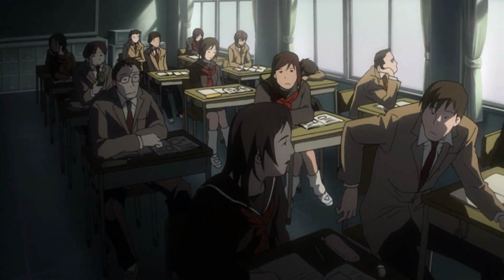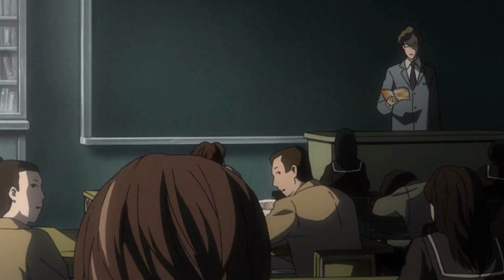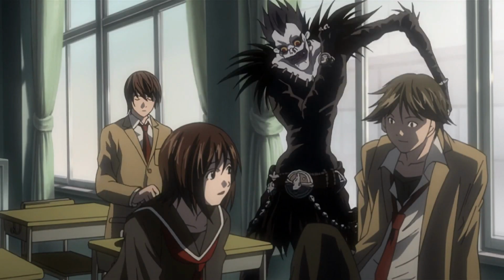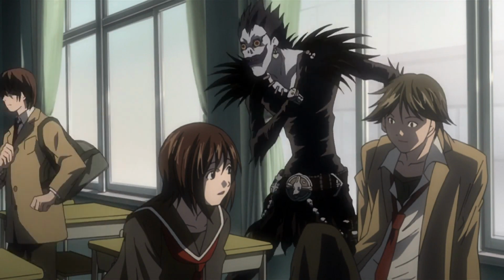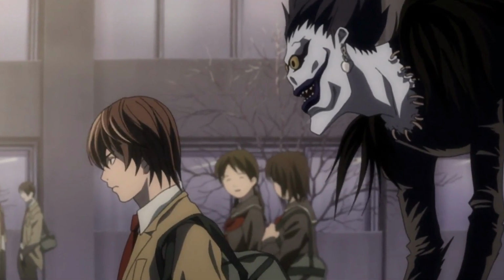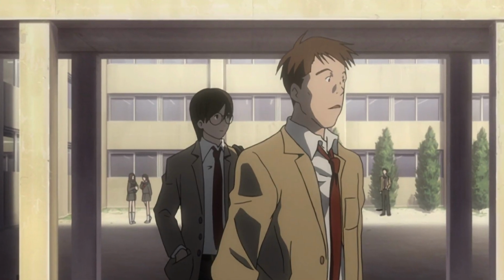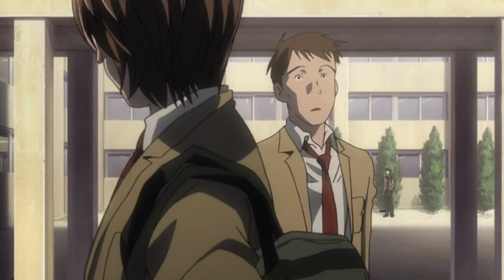So the story begins in a day at school when Light is called by his teacher to translate a sentence and does it easily. After class is over, Ryuk asks him how he can take the boredom of school, but Light tells him not to talk to him in public as people will think he is talking to himself. When two students ask Light to hang out with them, Light refuses as he has plans of his own, continuing